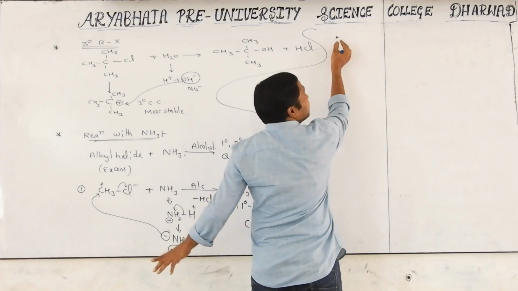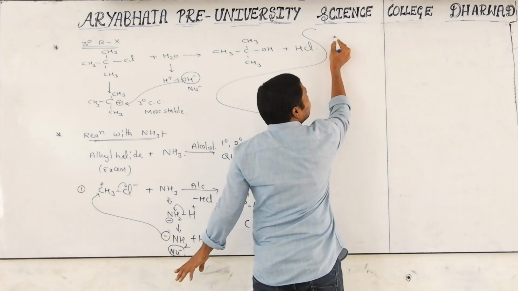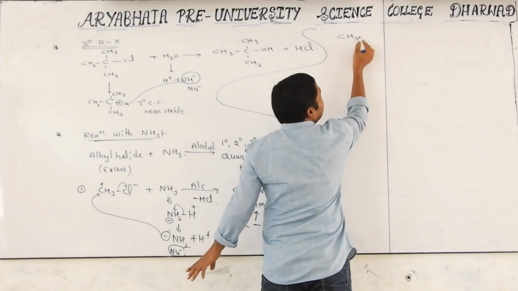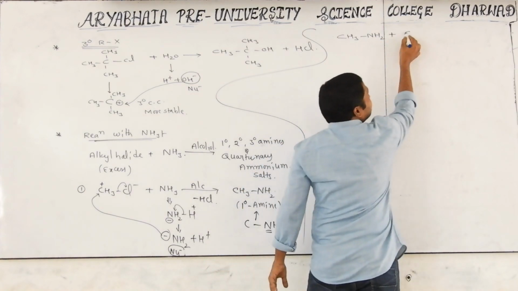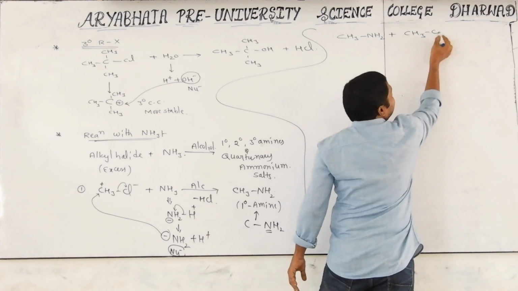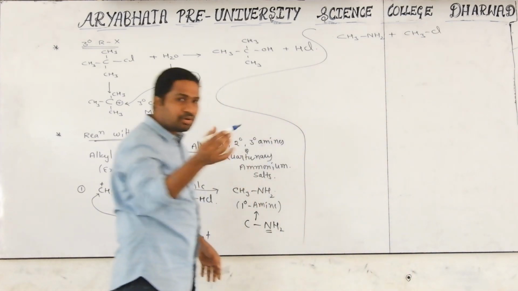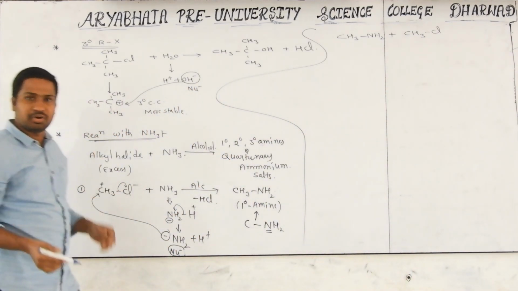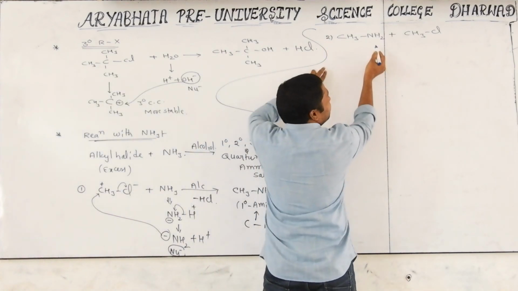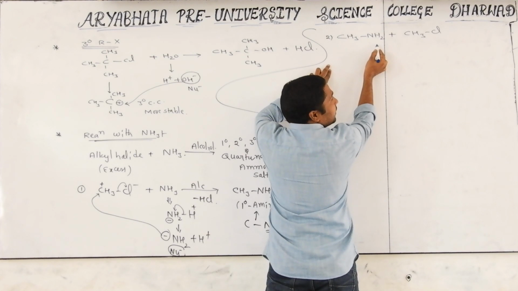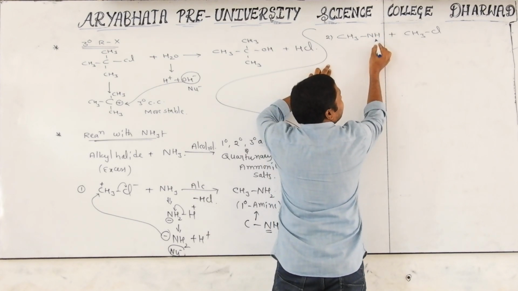Yes, you have to take excess, no? So what did you get already? CH3NH2. Still it is involved in the reaction with which one? Methyl chloride. Why? Because you are taking it in excess. Then how will the reaction go on? Anybody? Same process. Here it becomes NH and H, okay, for my convenience I am writing it like NH